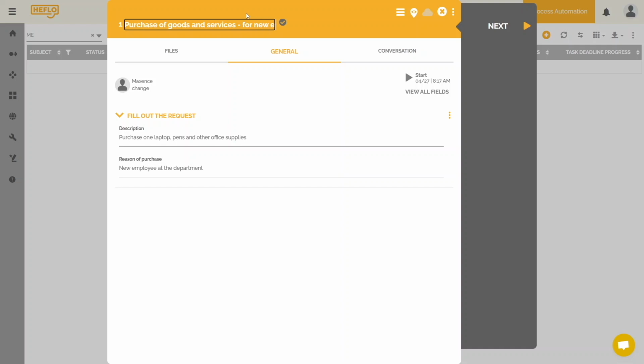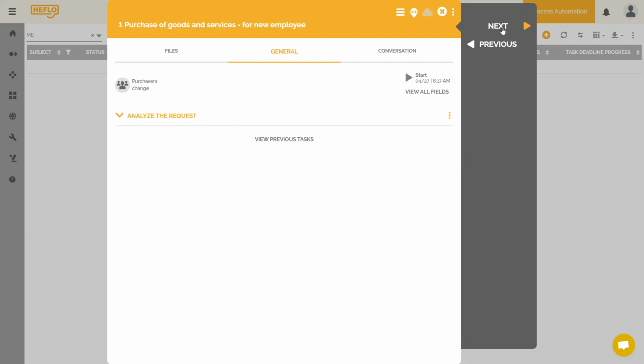To confirm the change, I can just click outside the box or click the confirm icon. We can continue to move forward on our process. You can see that the request has already been forwarded to the group of purchasers. We will discuss each of these types of responsibility in an upcoming lesson.